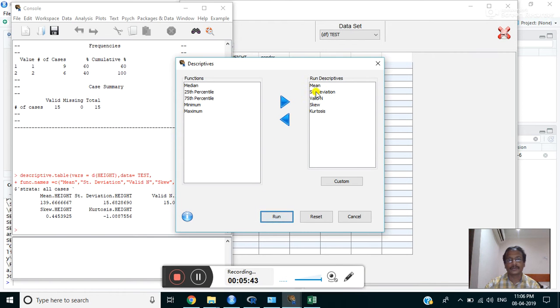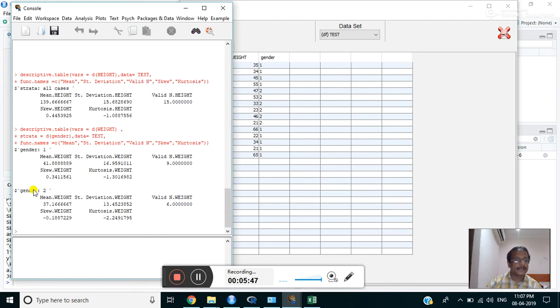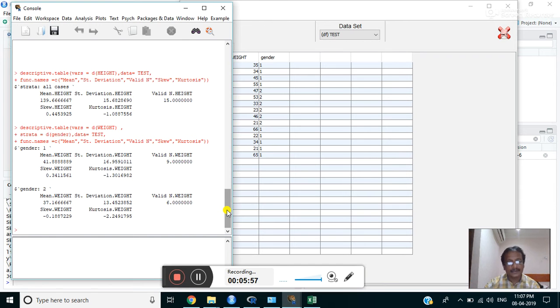Then click for these same details. Then click on run. Here we can get separate values for gender. For gender 1 the mean value, then for gender 2 the mean value for weight. That is, we can get the subsample-wise details of descriptives,